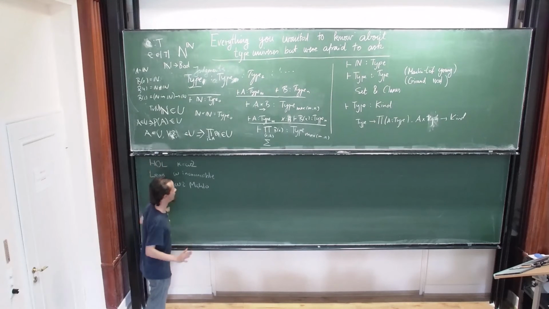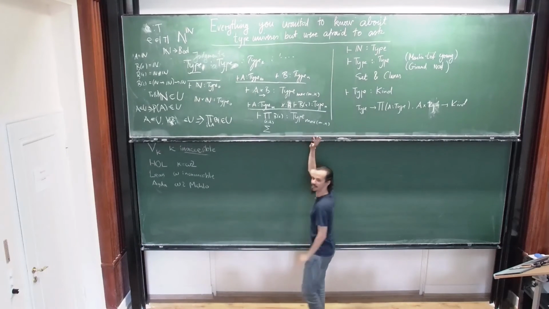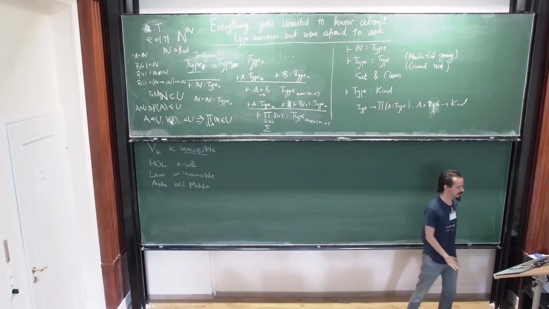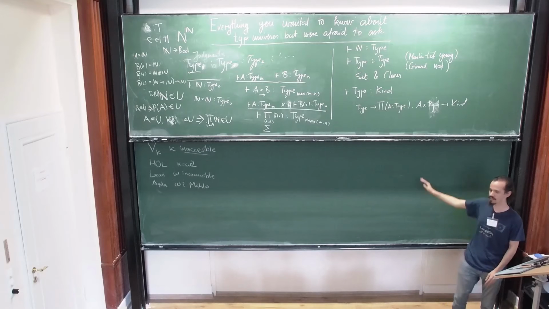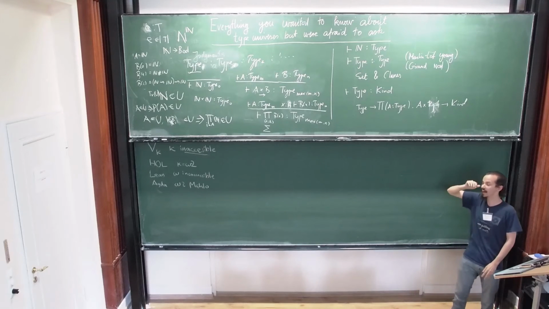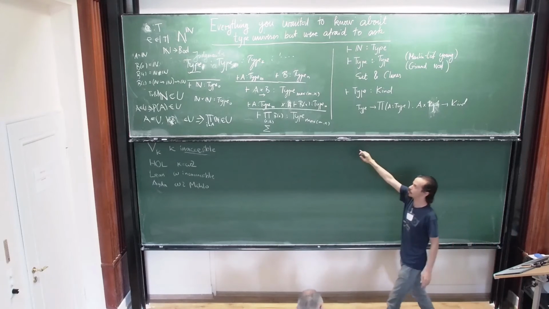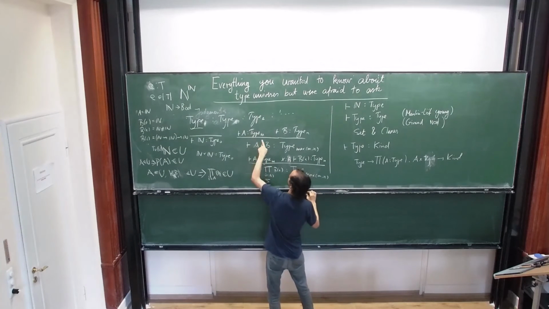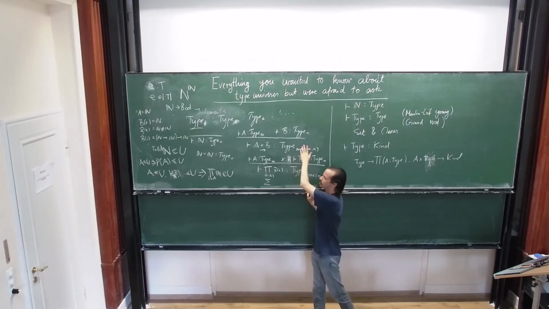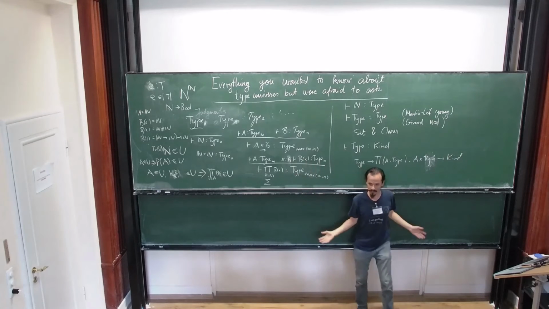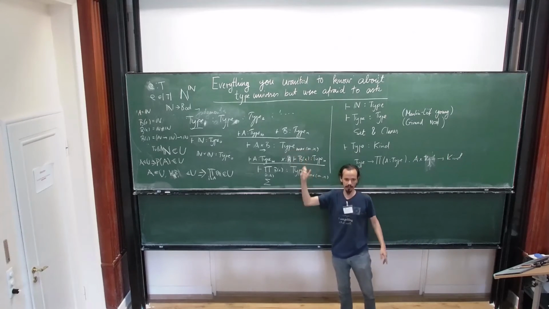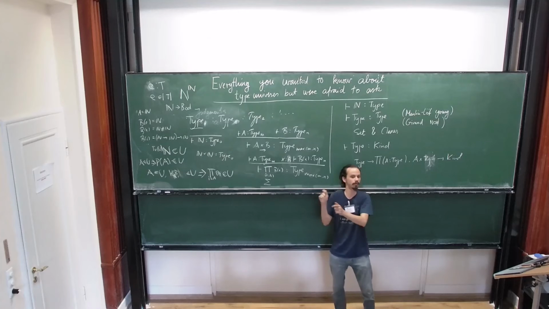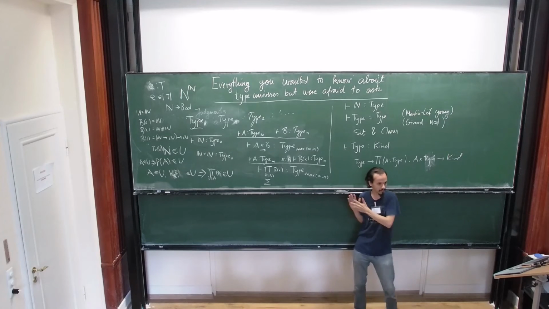Okay, so now I want to tell you why you shouldn't care. This is all well and good, but actually in practice we basically don't have to worry about this. The idea is that the proof assistant can track these levels. You apply these things, it will work out something, and you don't need to see what it is most of the time. The idea behind tracking them in the first place is that at least we can tell you when you decide to write down type colon type, and we want to tell you that actually that's not okay,